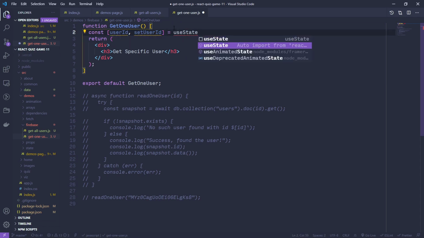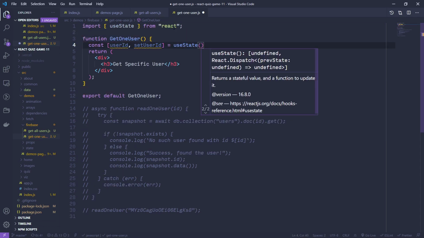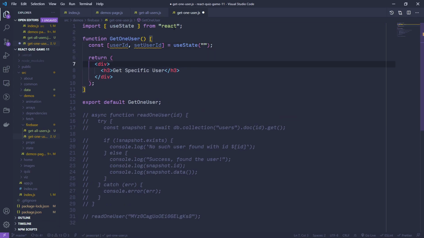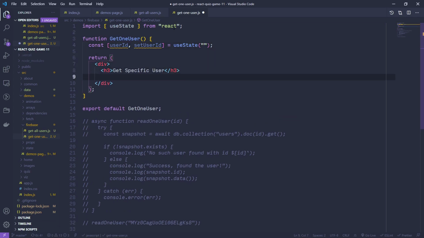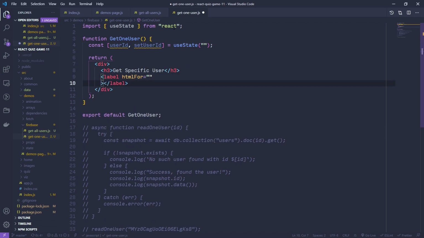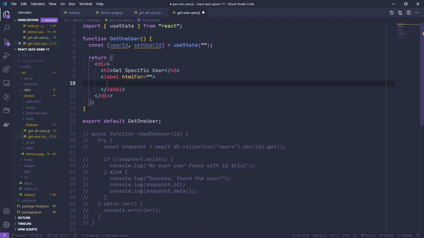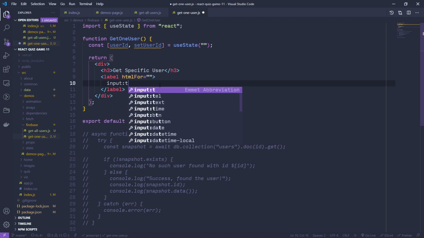Whoops, wrong IntelliSense. This one will auto import for me. We'll set this to an empty string. Then onto the page, we need to display an input box. And previously, when we've used labels, we have used the ID to associate a label to an input. Because we're not doing a lot of styling here, I'm actually just going to do input text